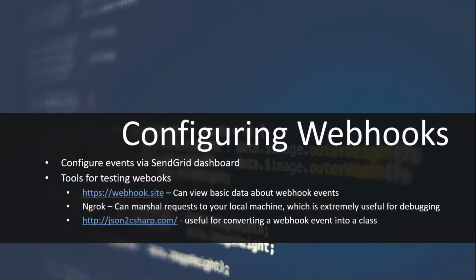But more importantly, it's really difficult to debug if you're having to deploy and receive these webhooks and then deploy when you make a change. So there's some pretty good methods that we can use to actually debug webhooks on our local machine, and we'll go through some of those possibilities. So some of the tools that